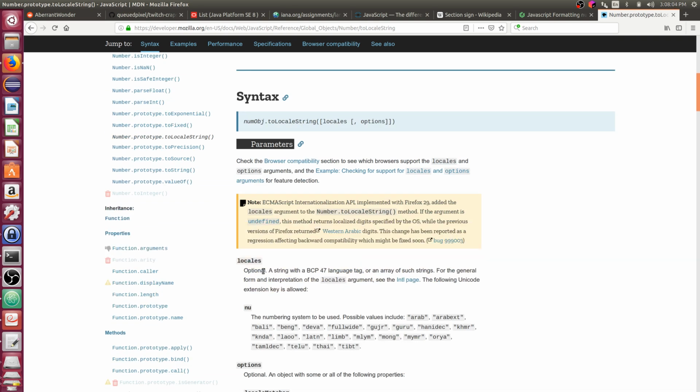I see there's locales, which is optional. I could try leaving it blank and just see what happens.